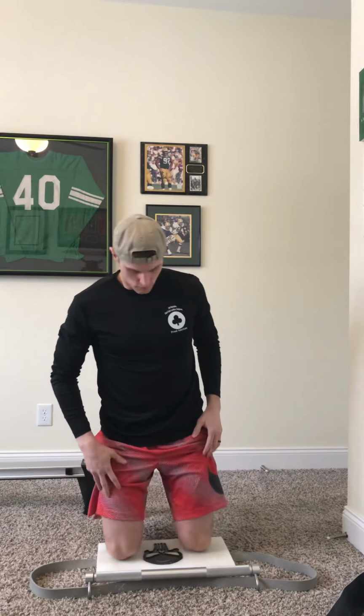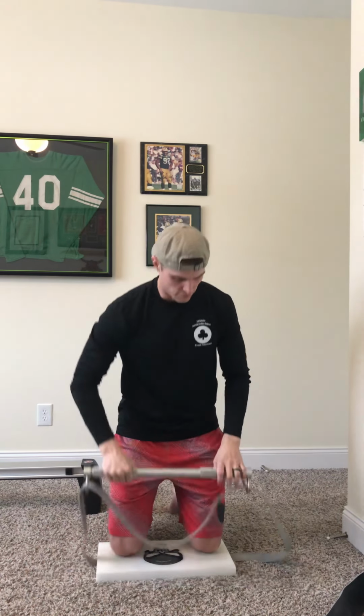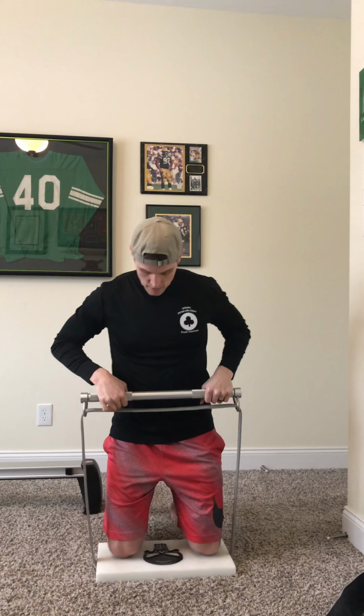What you want to test first, before you even get under the weight or the tension, is that your weight needs to be distributed over your bone structure in your legs so that when you go to push, you're not crunching forward and hurting your back. Eventually you're going to get to this spot right here and push up, but to do it first, just